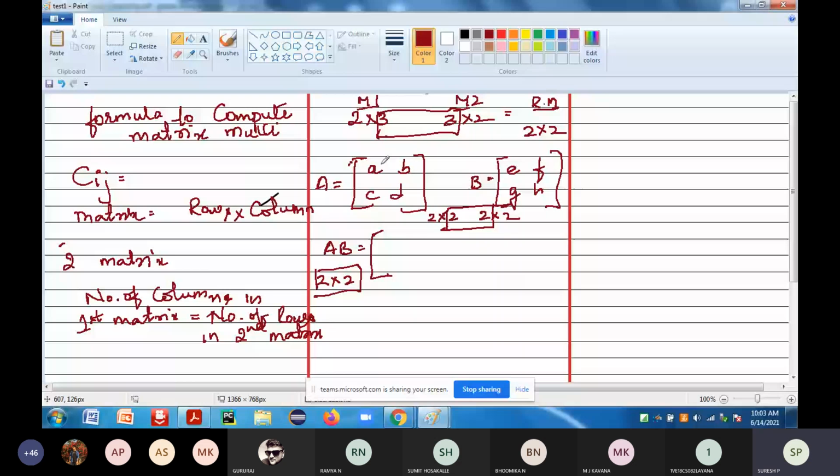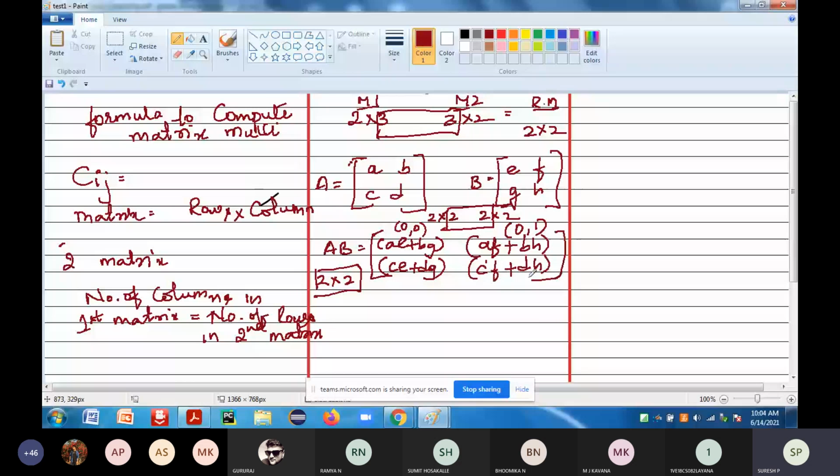Then at row 0, column 1, it will be AF plus BH. Similarly, the next row will be CE plus DG, and then CF plus DH. This is how the multiplication is performed.